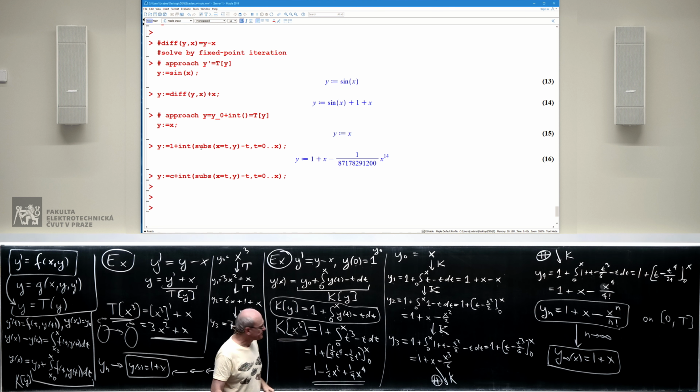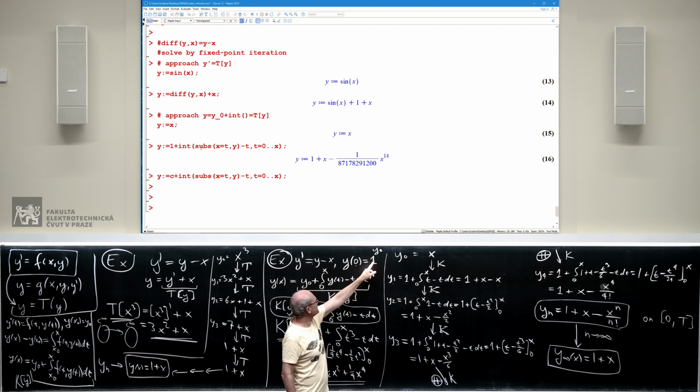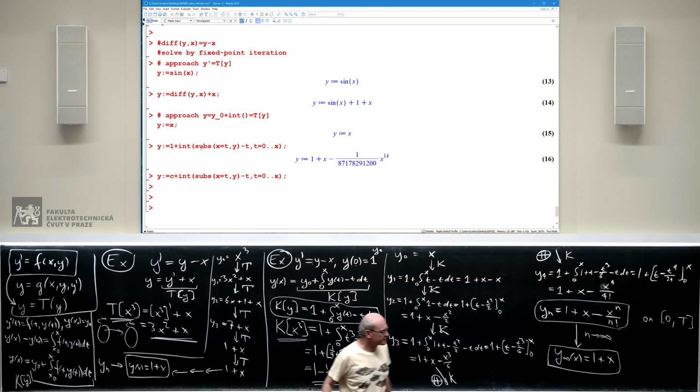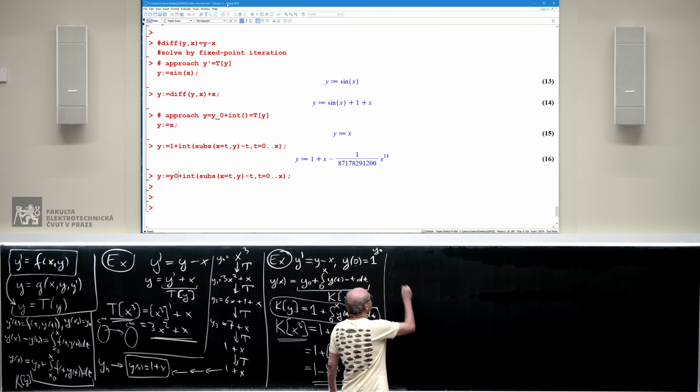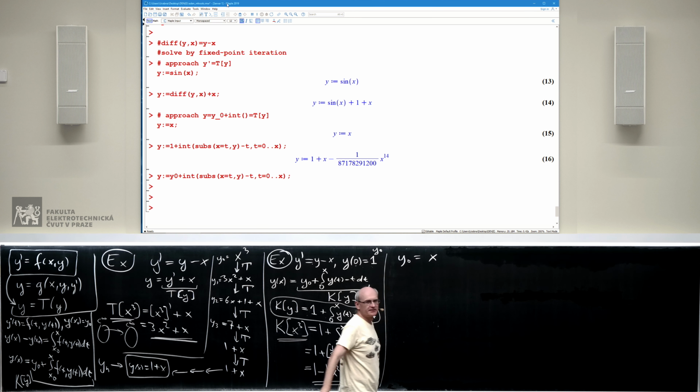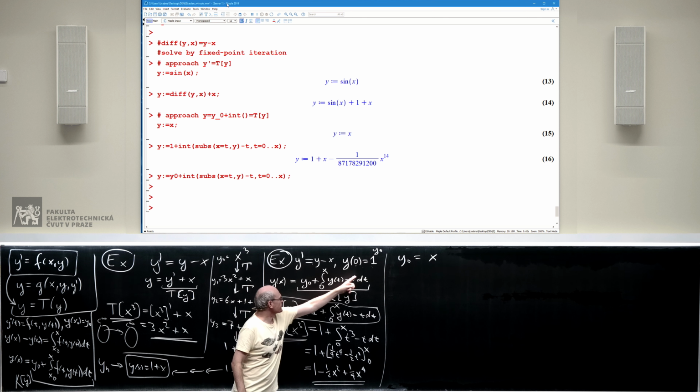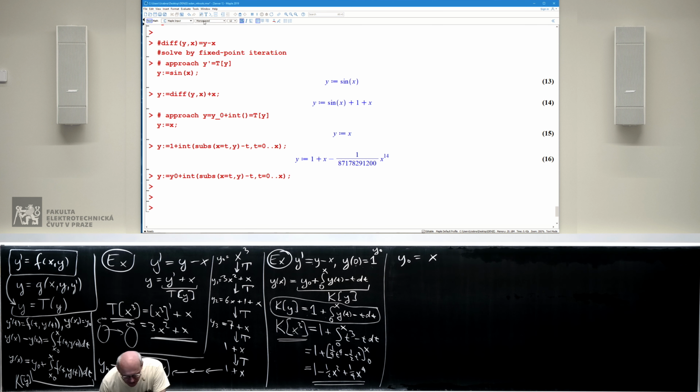Let me try a little trick. Instead of 1, I'm going to put there some constant. Let's have a look at it. I will again start with y0, the function x. This time I will be using this iterative formula with y0 instead of 1, and I am not going to do it by hand, definitely not. So let's go here. Y is equal to x, and I will skip to the last line in this code where I'm actually using y0, and then I'm integrating and so on. Here we go. This is y1. This is y2. This is y3. This is y4, y5,